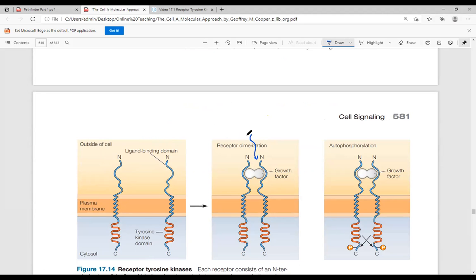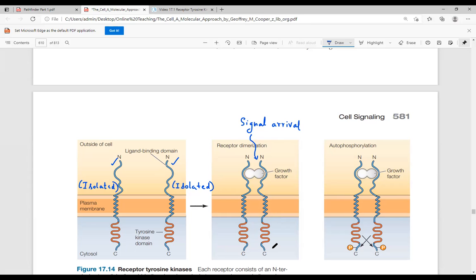See, this is the signaling sequence. Signal arises. It is the signal arrival that is responsible for the dimerization of the receptor molecule. The receptor molecules remain isolated. Both these receptor molecules always remain isolated over the cell surface, so they cannot join with each other. But whenever the signal arrives, the signal will induce a dimerization of both the isolated ligand binding domains so that a complete receptor is produced.